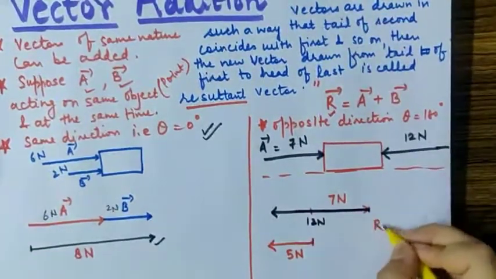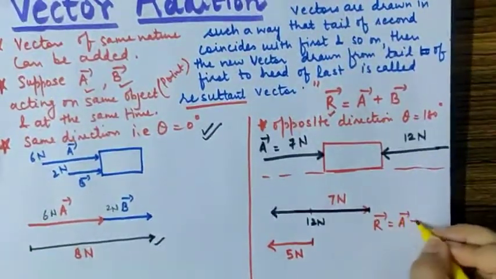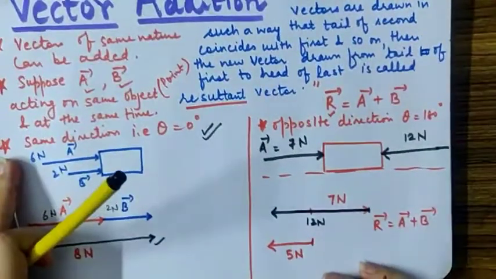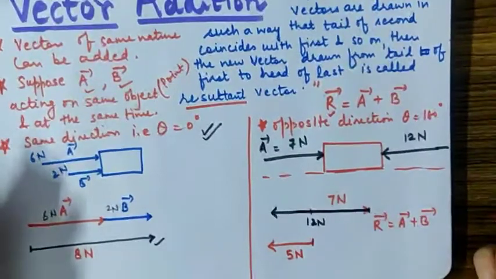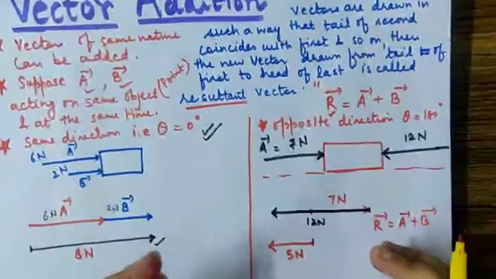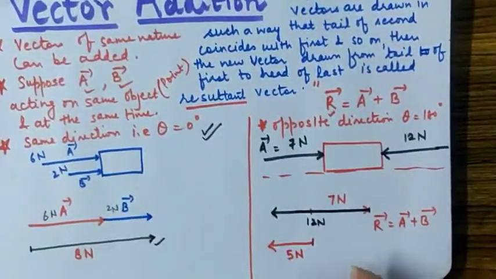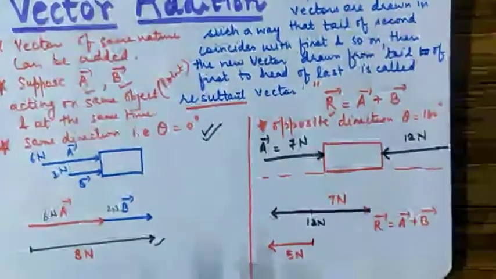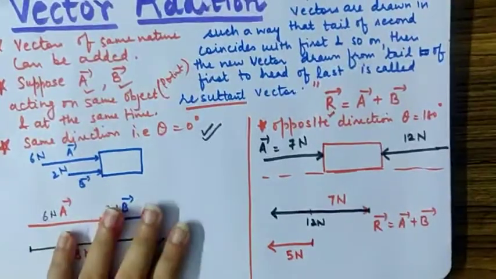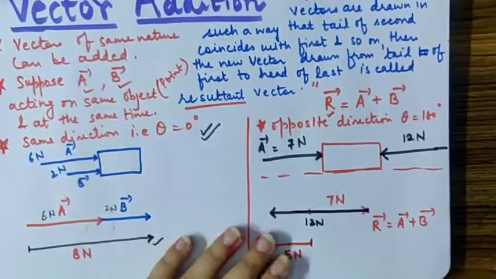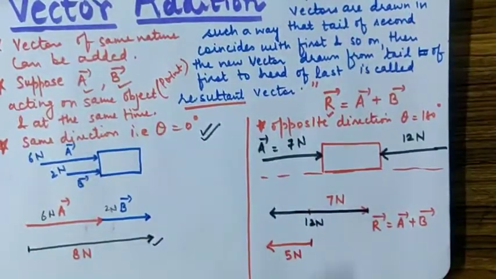So what we are doing, symbolic form says you are doing A plus B, but algebraically you are doing the subtraction. But this is called vector addition. So that's the beauty of vector addition. What it says is that if the vectors are taken in opposite directions, then they are subtracted. If vectors are in the same direction, they are directly added using the rules of algebra. If they are in opposite directions, at 180 degrees to each other, then the subtraction rule will be applied.